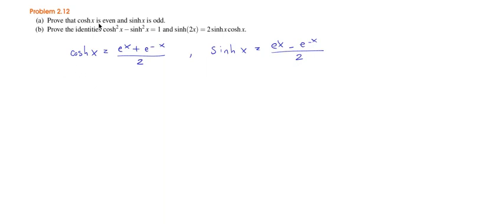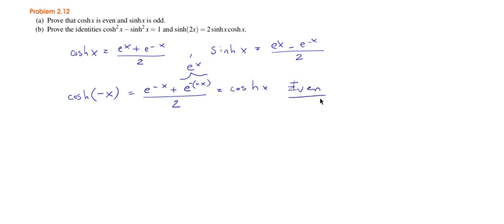So now how to prove that the cosine is even? Well, we've done this before, so we have to see what happens with the hyperbolic cosine of minus x. So then we have e to the minus x plus e to the x over 2, but e to the minus minus x is e to the x, and if you compare these two expressions you realize this is the same. Okay, so the hyperbolic cosine is even,